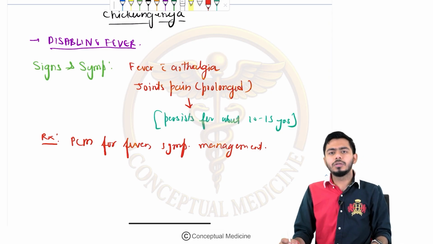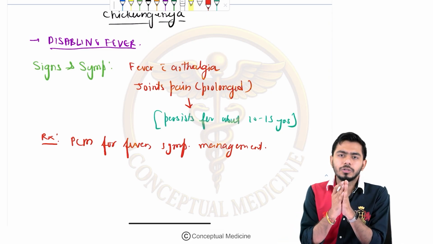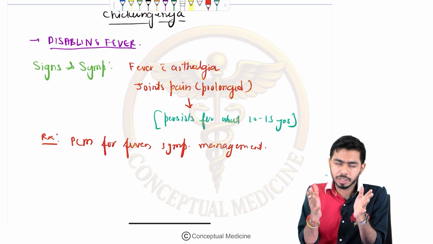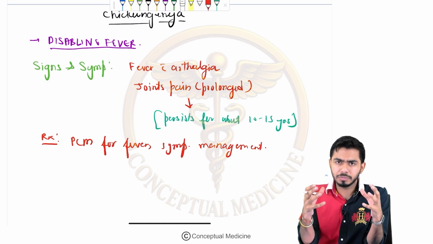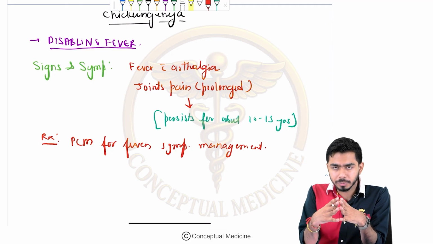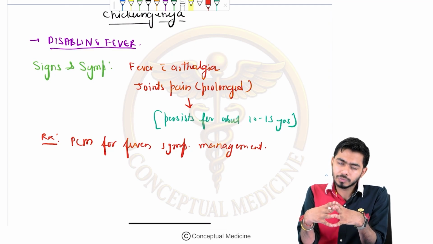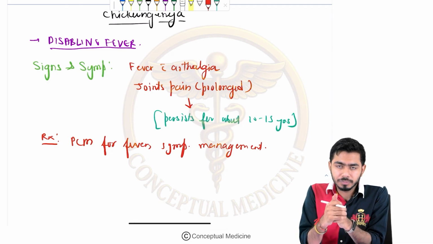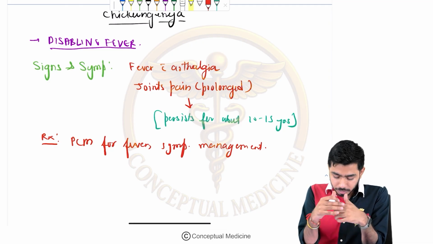So that is about the 4 diseases over here. I have talked about filariasis, I have talked about Japanese encephalitis, we have talked about dengue and chikungunya over here, right? These are the main components of the NVBDCP program. So that's it about this one, and I hope you will be able to solve as many MCQs as you can from this particular session.